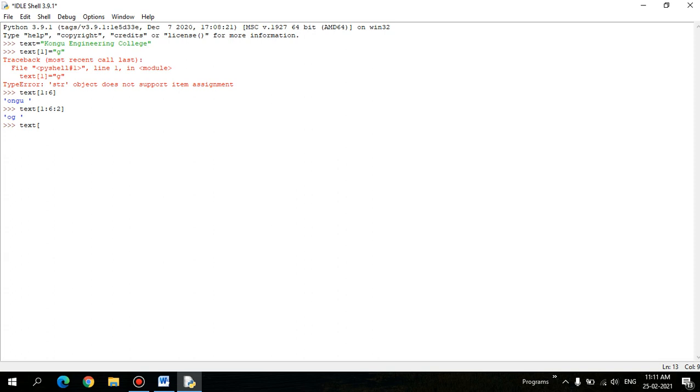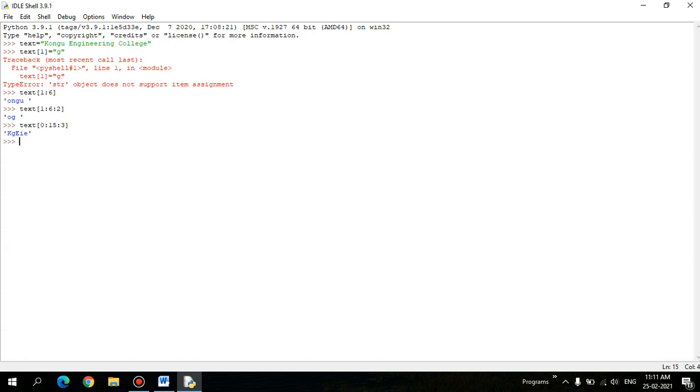So text of, let's see some good examples here. Let's increase the range so that we can have a good understanding. I'm starting from the first character, going up to 15 characters, and I'm going to increment by three characters, so every third character will get printed.